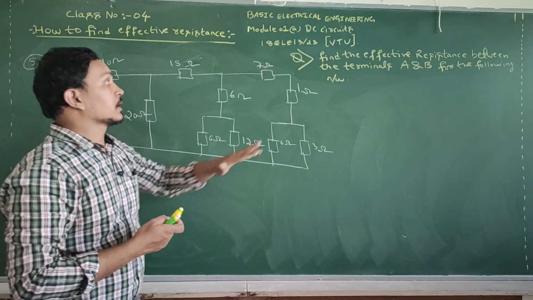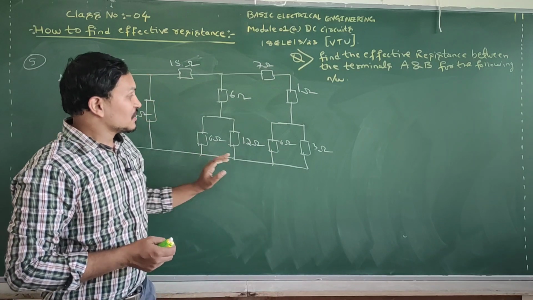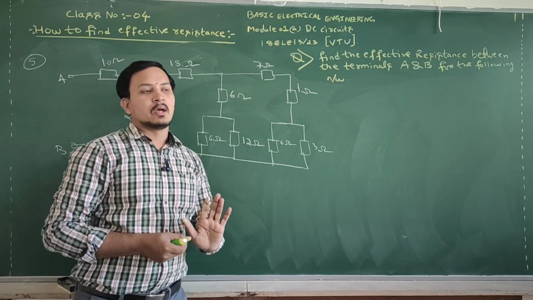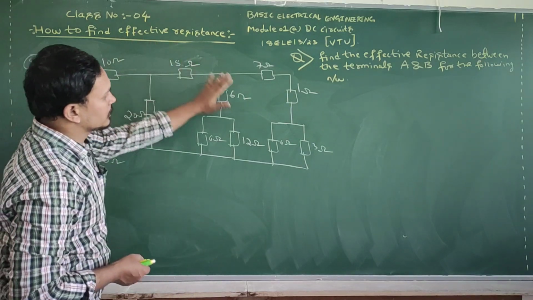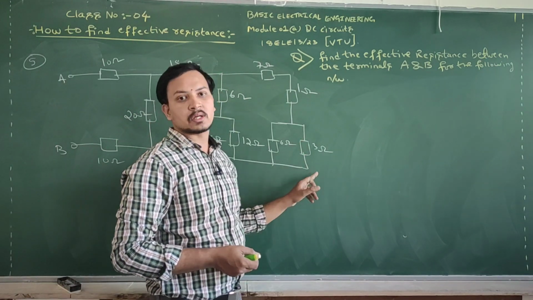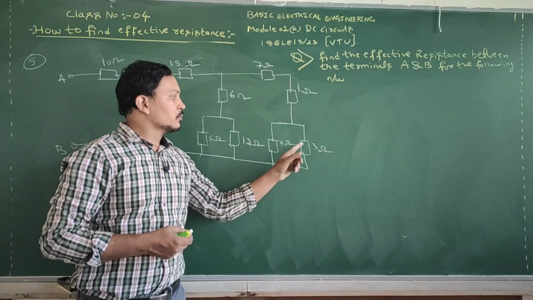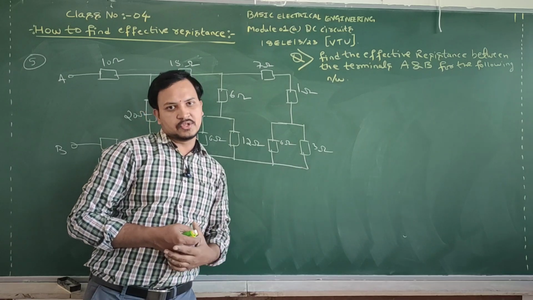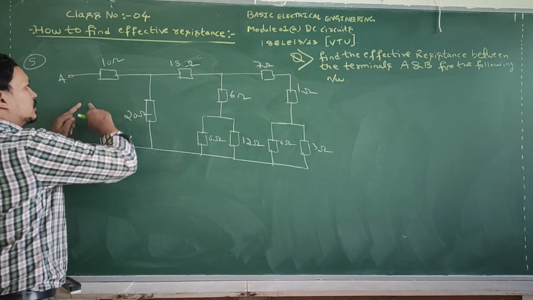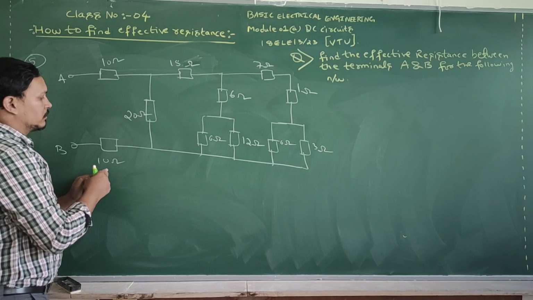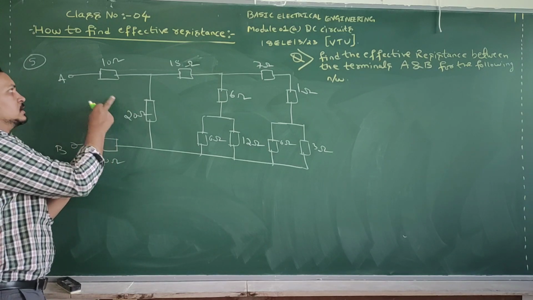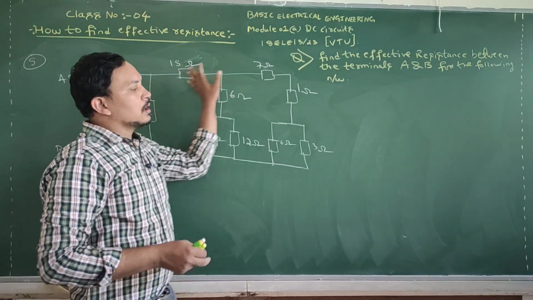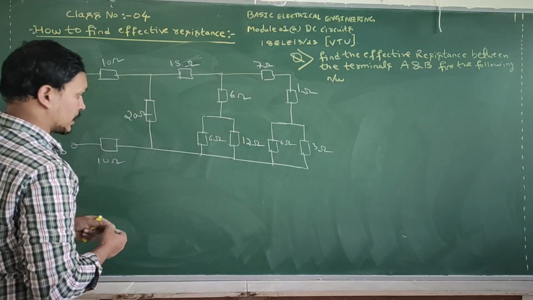But in an actual DC circuit, what they will ask is, what is the voltage across this 3 ohm resistor, and they will give some supply voltage and a network. In order to find that, you must know the current flowing in the 3 ohm resistance. That current into resistance gives voltage. For that purpose, we require effective resistance. By knowing supply voltage and effective resistance, you can calculate current. Now with the help of that current, you can find current in all other resistors. Okay, got it?